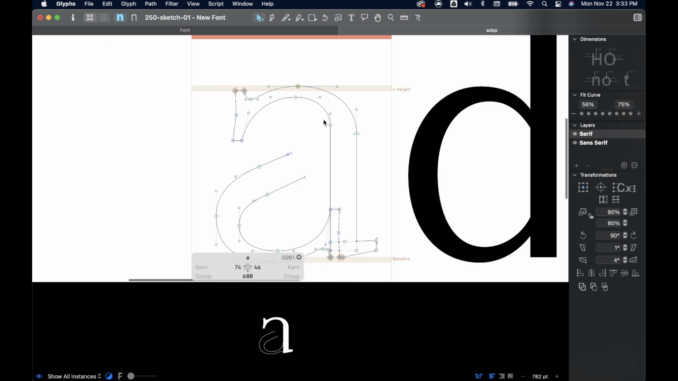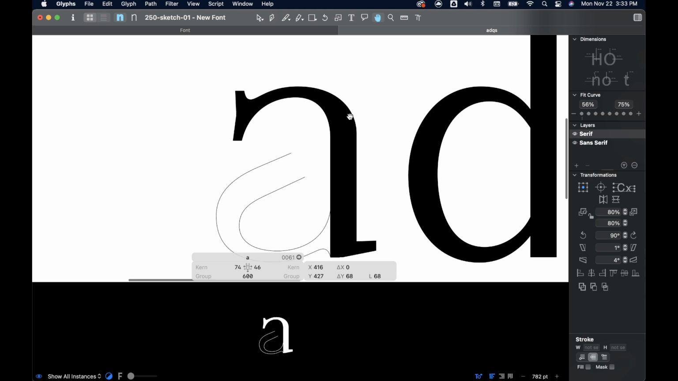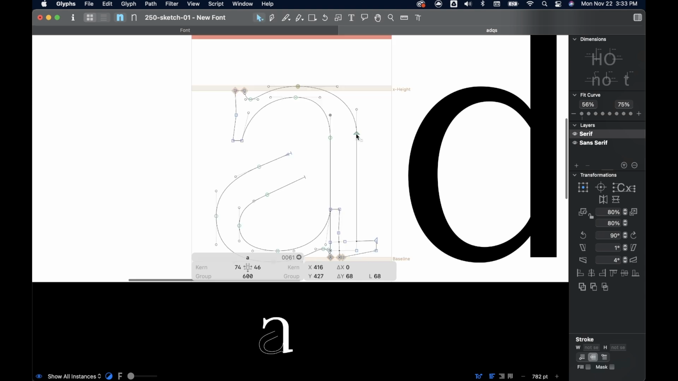I'm going to quickly adjust this before we get into attaching this lower bit. So I'm going to bring this down and pull that handle up. That'll give me a little bit smoother transition from one curve to the next. I'll do the same on this side. We'll bring him quite far down